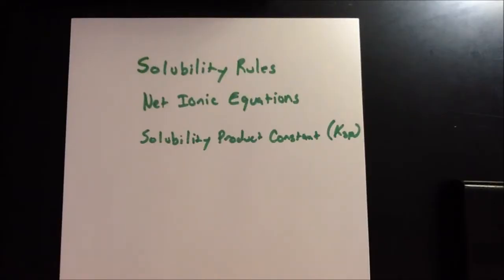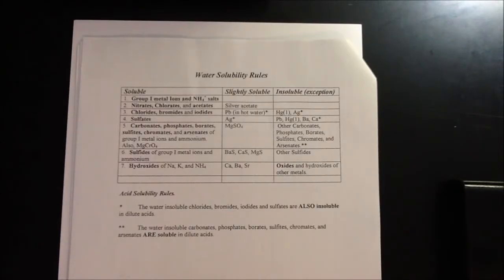In this video series, I'm going to take you through solubility rules and net ionic equations, and then the primary focus will be the latter parts of the series where I talk about solubility product constants, also known as KSP values. So to start off with, the next thing that we have here,